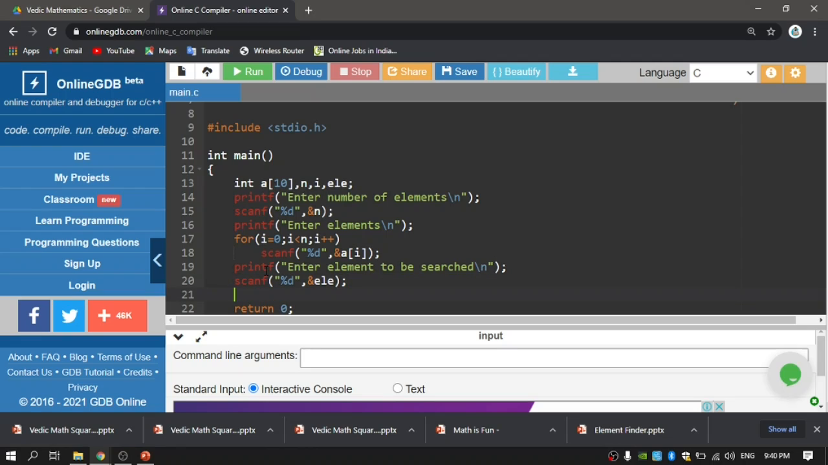And now I have to say whether the element I am looking for is available in my list or not. For that, I am taking a looping statement. For or while, all these are called looping statements, which perform some sort of repetition. Or I can take for itself: for i = 0; i < n; i++, and then I will be going for